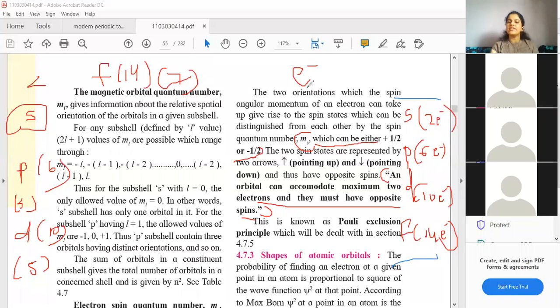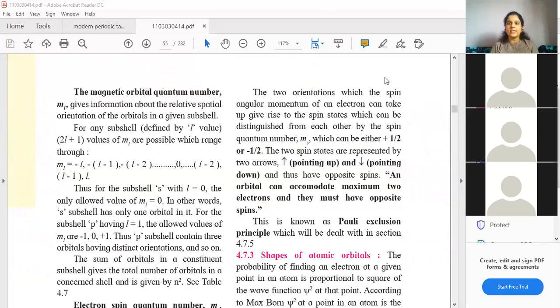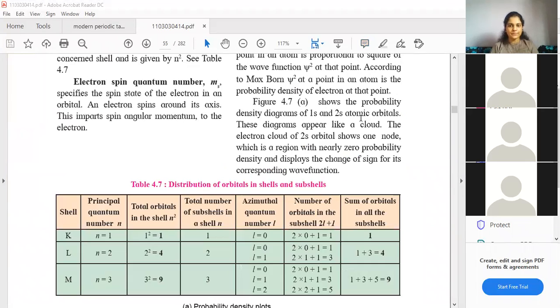Okay, fine. So students, with this, we are not done with electronic configuration. In fact, we have not reached there yet, but you need to know all these things before writing electronic configuration. So you should know the 4 main quantum numbers: principal, azimuthal, magnetic, and spin. And you should have ideas about subshells and orbitals and how many electrons. Okay, fine. So now let us move ahead, students.